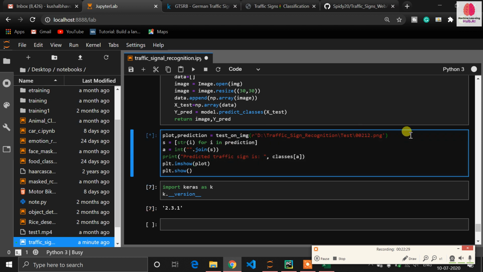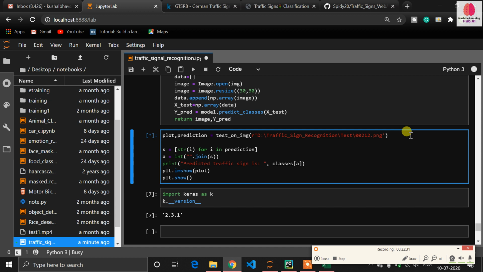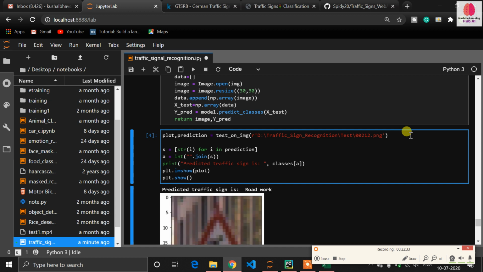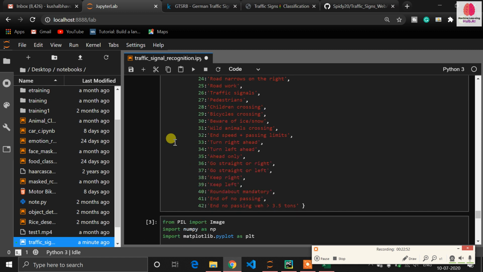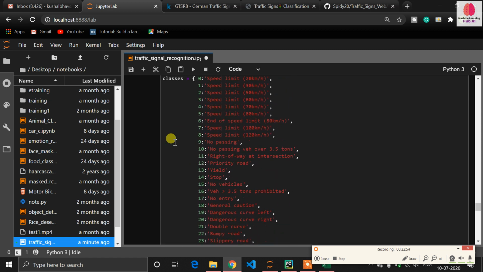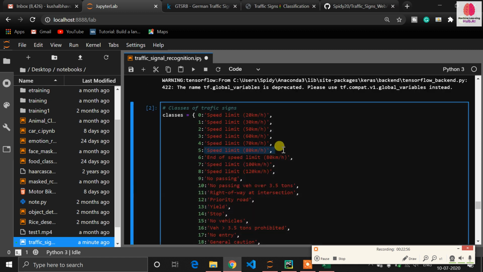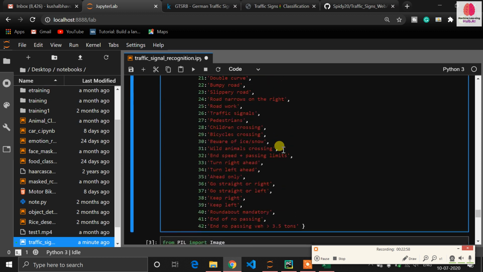So now it will return me a prediction like this. Just assume that I have got the 5 class. Okay. So now I need to convert that list into a string, so with that string, I can access this class from the dictionary. Means on the 5, we need to fetch the value of the speed limit 80 kilometer.